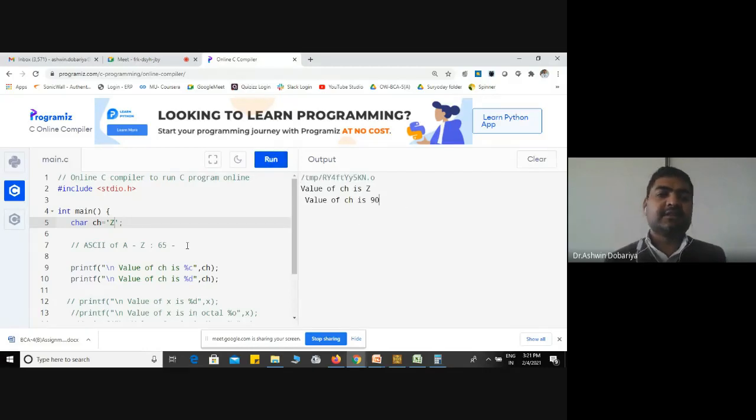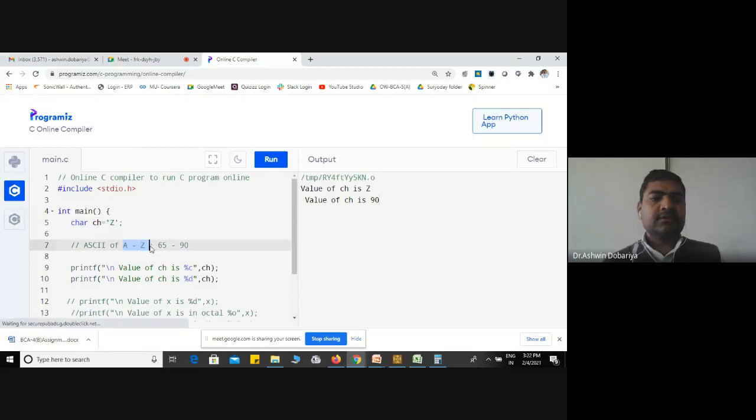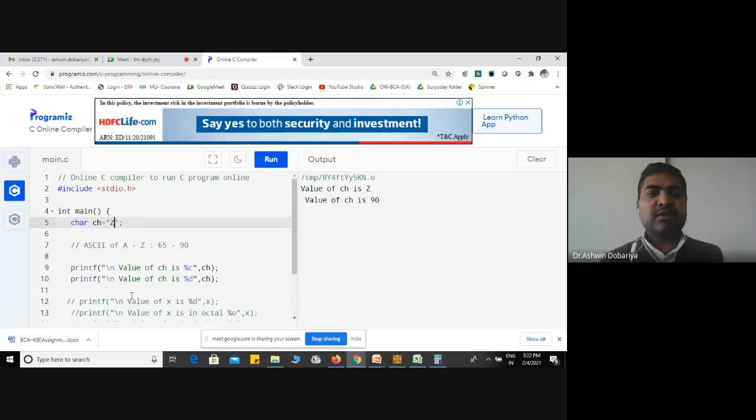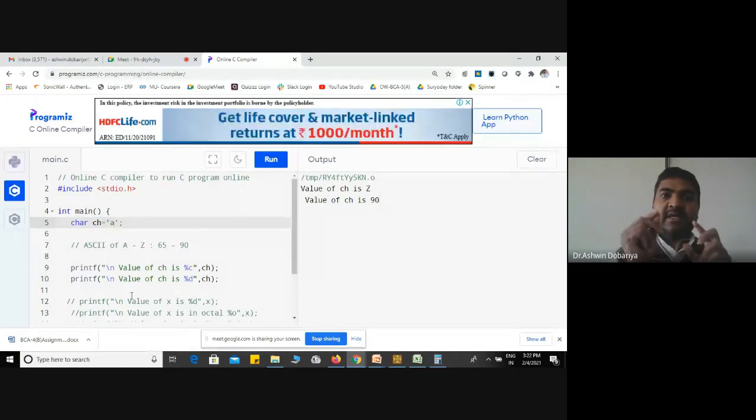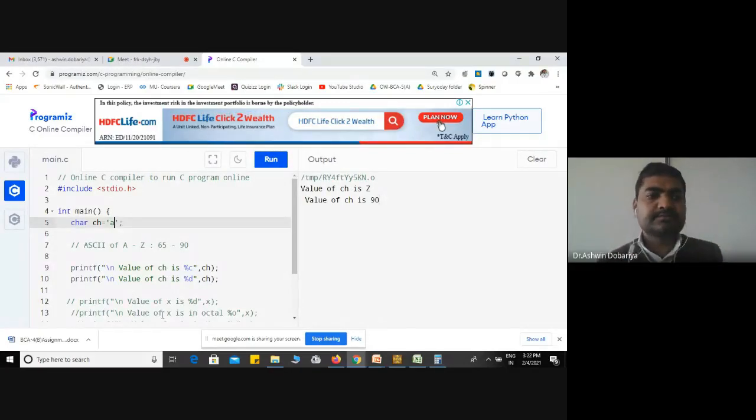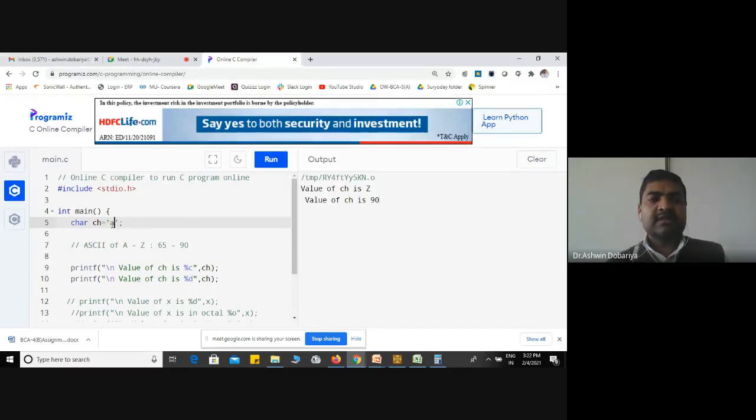It's 90. So all of you note down in your notebook this statement, whatever I am writing over here, because this ASCII will help you. Every character, whatever you mention in a single quotation, has an ASCII code. Okay. Now, what is the ASCII code of small a? Because the small a character has a different ASCII code. Capital A has a different ASCII code. Anybody remember what is the ASCII code of small a? It's 97.